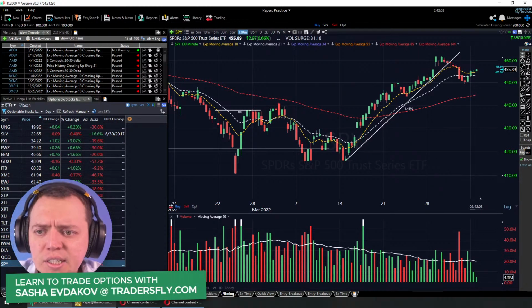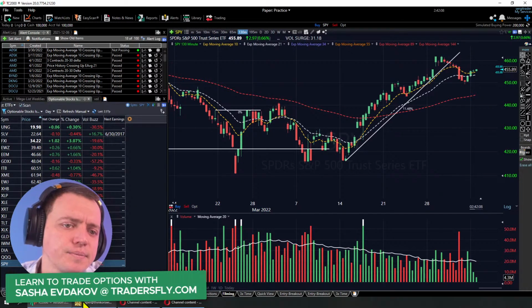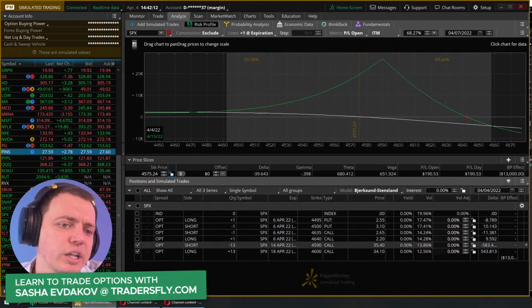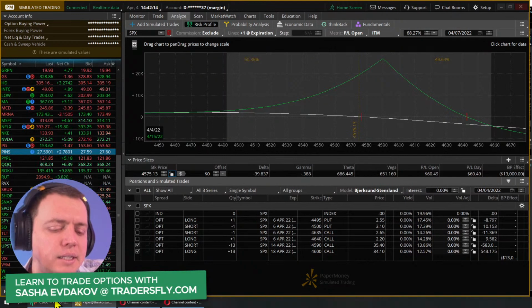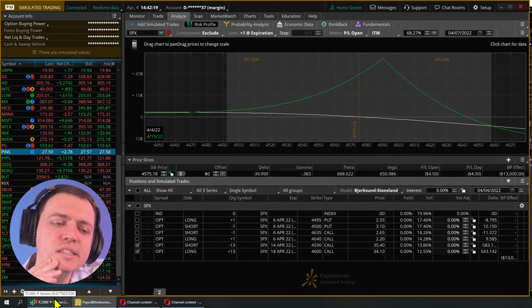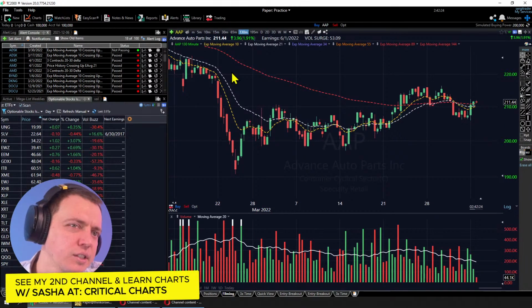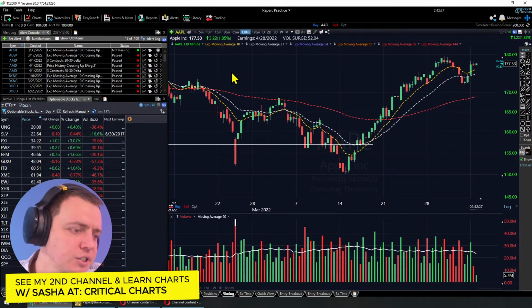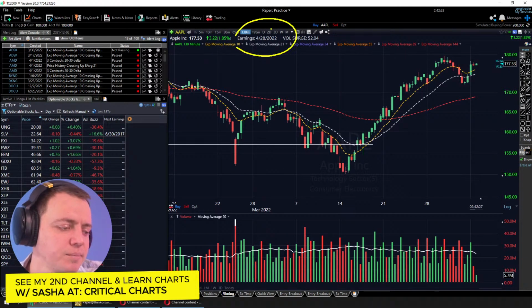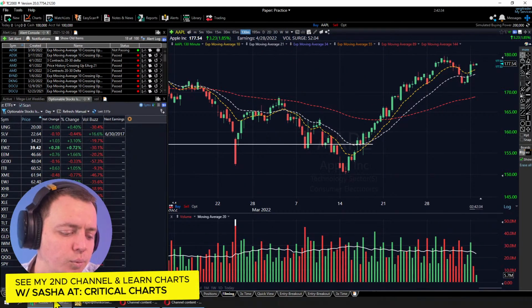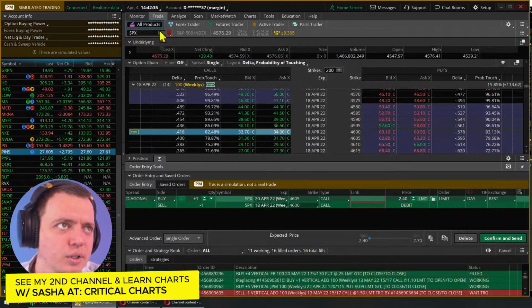Couple questions. Let's see. Would an iron condor be a consideration, non-directional? Yeah, you could do some non-directional iron condors. It's just a little bit tricky right now, unless you're doing it on the IWM, QQQs, SPY, SPX, or any ETFs. It's more tricky right now with iron condors, unless you do them short duration, just because we have a lot of earnings to play right now. There's earnings on a lot of stocks coming up. So this one's 428. So there's not a lot of wiggle room with iron condors right now.